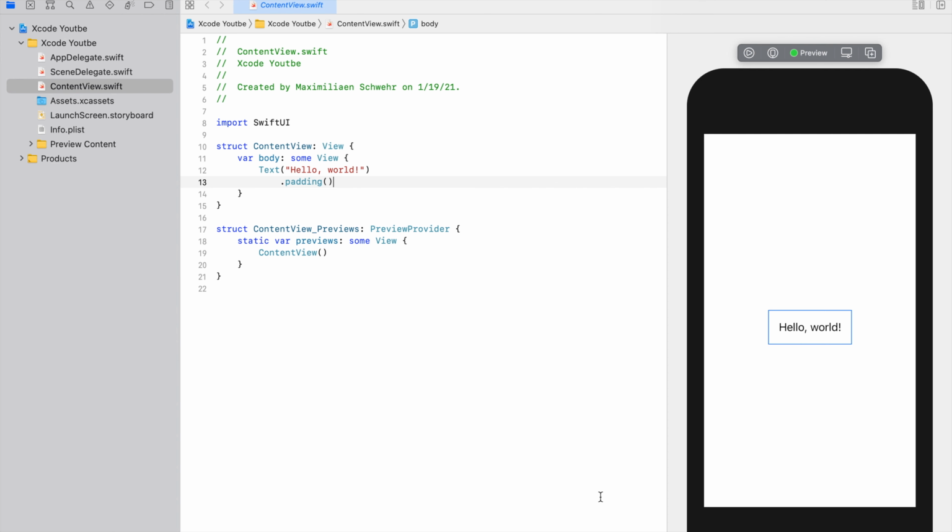So, welcome to this video. It's basically all about how to use stacks in SwiftUI. So, if you watched my first video, which is how to use text in SwiftUI, I'll link it inside the description, then you know what I'm talking about. So, first I'm going to delete the padding,